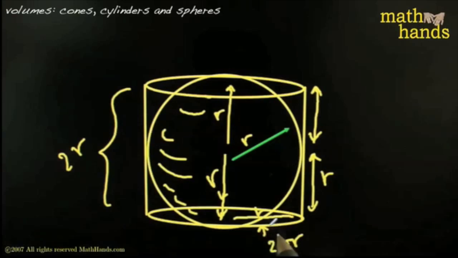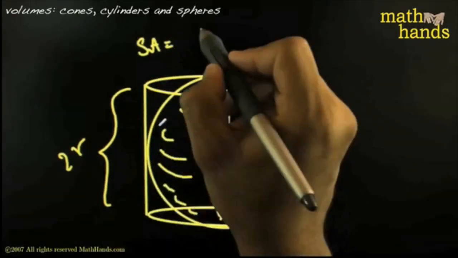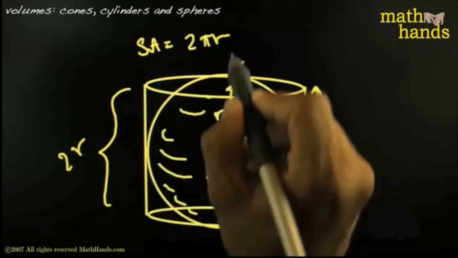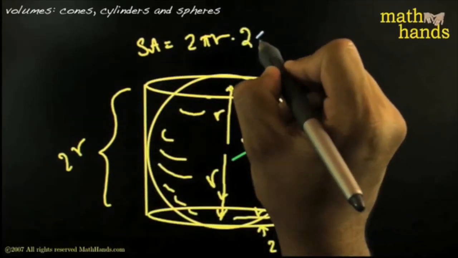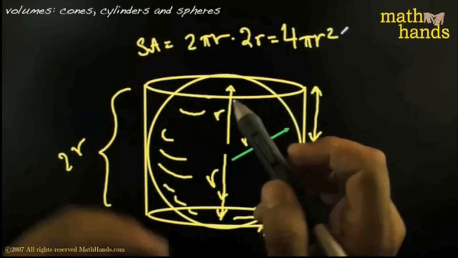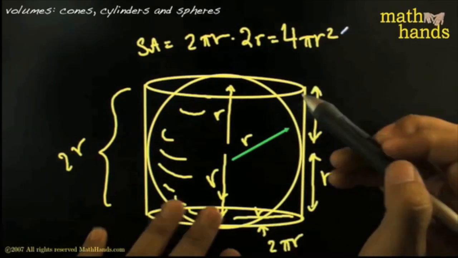So the surface area for the cylinder would be 2 pi r, that's the circumference around the circle, times the height, which would be 2r, which gives you a total of 4 pi r squared. Now the problem on the homework asks a very innocent but super famous and deep question: